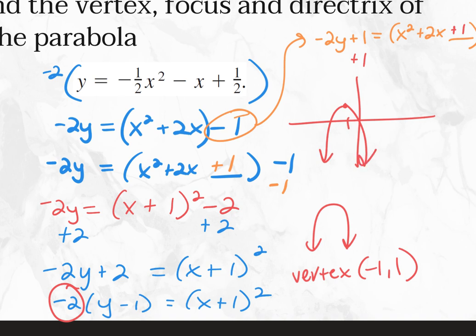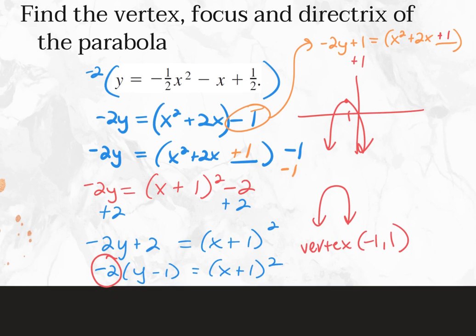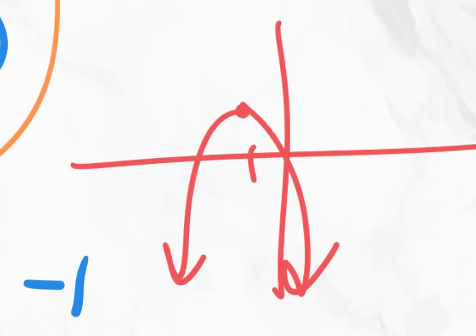With me so far? Okay. Now I've got to find the focus and the directrix, right? So how do I know how far to go from my vertex? You divide negative 2 by 4. Good. So negative 2 equals 4p, which means p is negative 1/2. The negative really doesn't impact you because I know the negative was the direction of my curve, so that tells me already which direction I'm going. The 1/2 is what's important. The 1/2 tells me that from this 1, I'm going to go down 1/2, and that's my focus, which would